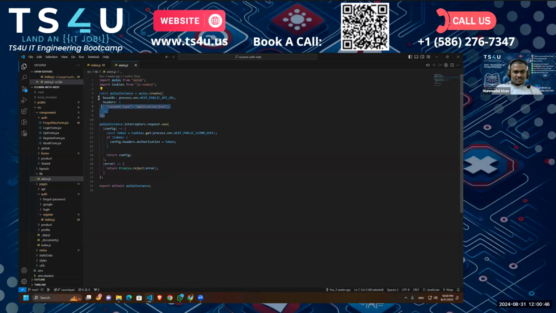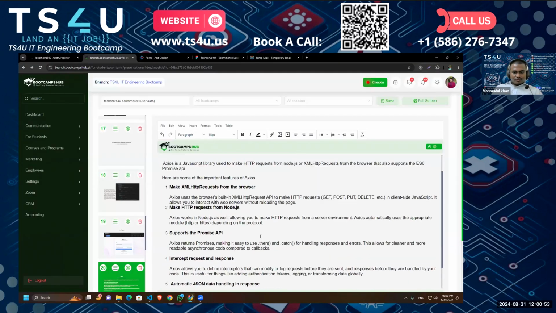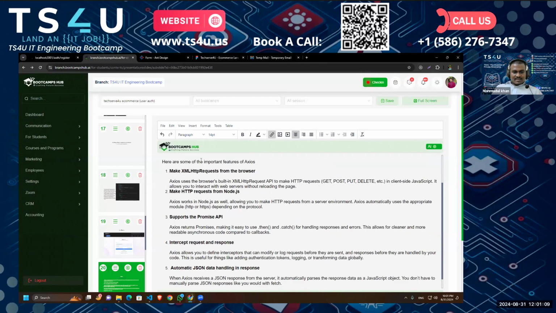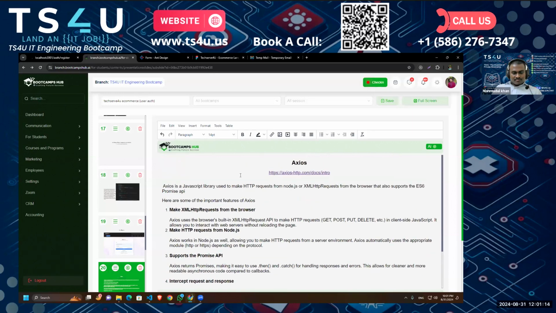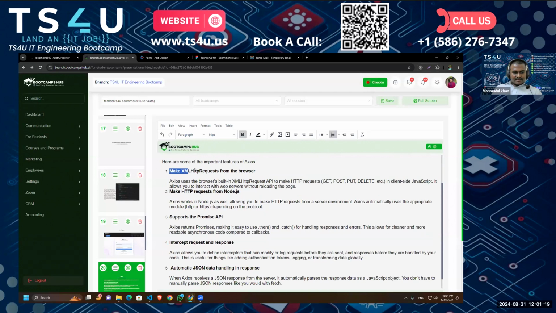Before learning about Axios instance and Axios, let's explore why Axios, where we are using Axios and what is Axios. If you go to their official documentation, it will say the same thing here, that Axios is a JavaScript library used to make HTTP requests from Node.js or XML HTTP request from the browser that also supports the ES6 Promise API. Okay, so this is perfect for us. And here are some important features of Axios. Axios is simply a library to make HTTP requests, and the features they provide: make XML HTTP request